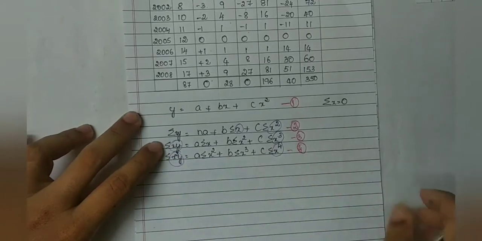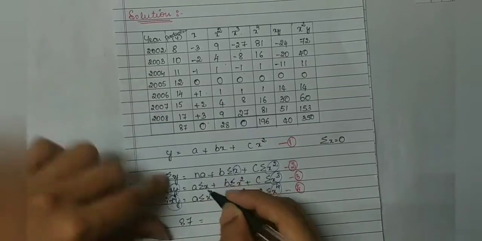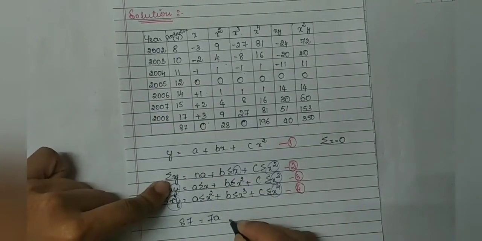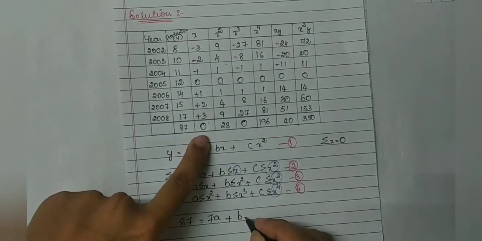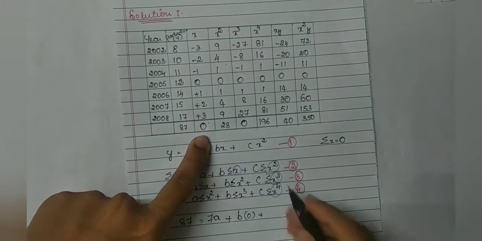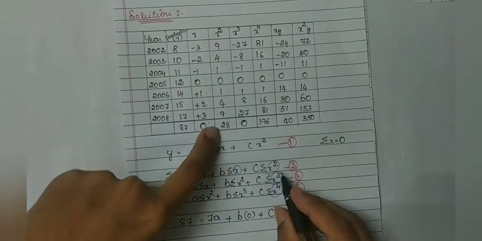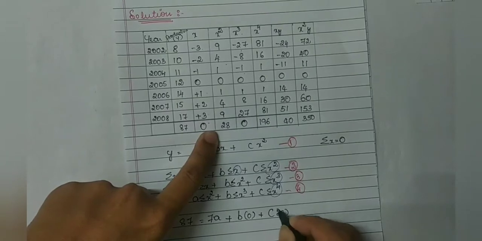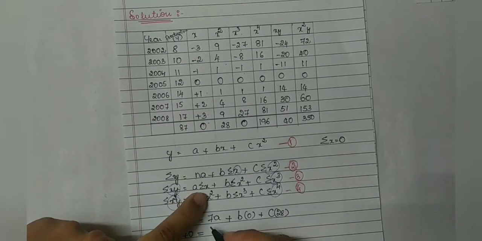Summation y, that is 87, is equal to n is 7, 7 into 7a, plus b we don't know, summation x is 0, b into 0, plus next is c, as it is, summation x square's total is 28. Okay, next summation xy, it is 40, is equal to a into summation x, that is a into 0,